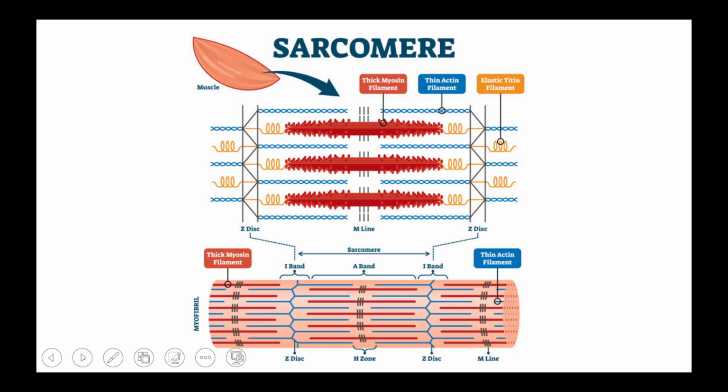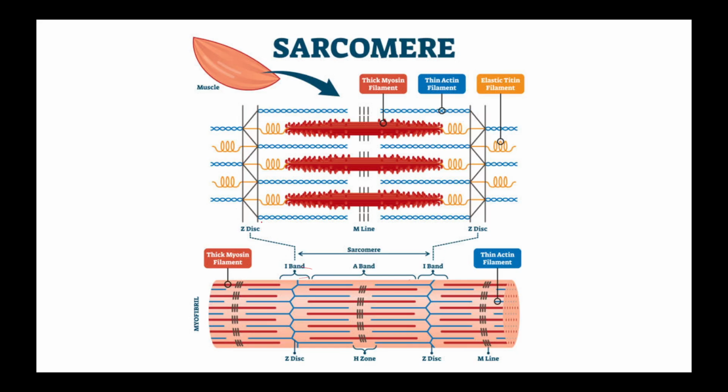So this is the same thing. We have seen this is a muscle cell, and this is a myofibril we are looking at, and this is a sarcomere, a unit. It appears like a dark band, a light band, a dark band, and a light band. So there we have a defined functional unit that is referred to as the sarcomere. The sarcomere covers half of the I band, a full A band, and again half of the I band. It starts from one Z disc and goes to another Z disc. Here you can see these are the Z discs.